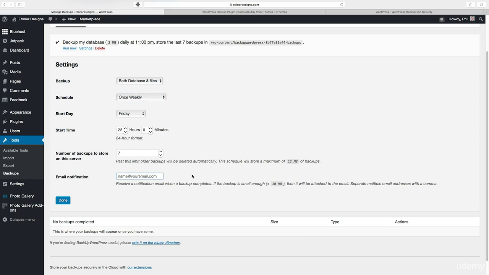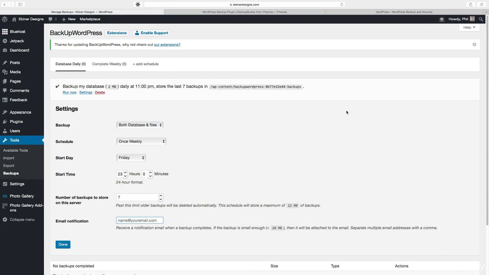This might be a good idea if you want to easily be able to access your backup that way. Otherwise, you can plug in your email right here, and whenever they do a backup, they'll send you an email with a download link. So you could just go back to that email, the last one from the backup that was most recent, and download your backup that way. Or you can download your files from an FTP server. So going in the back end of your files, which is a little bit more advanced, but it's the other way to actually access all of the files of your website.